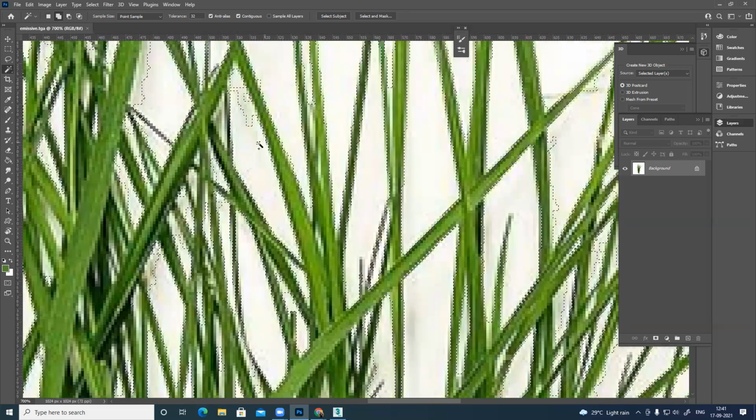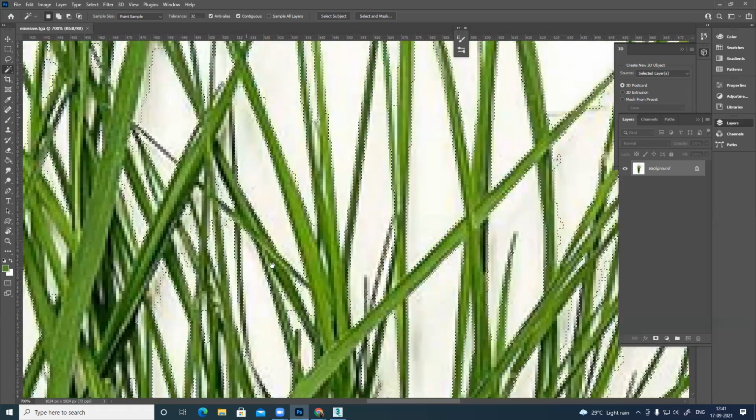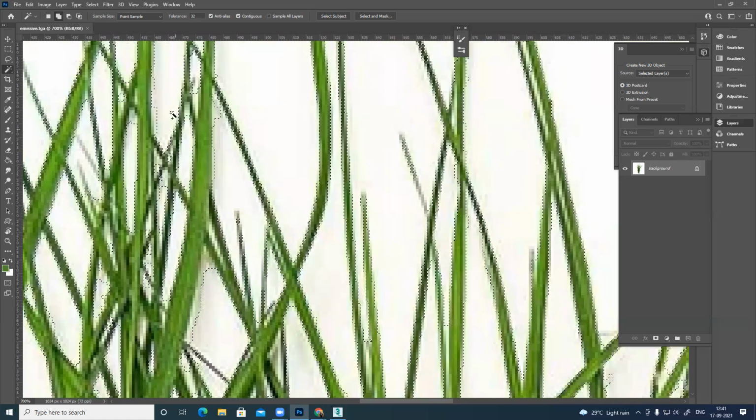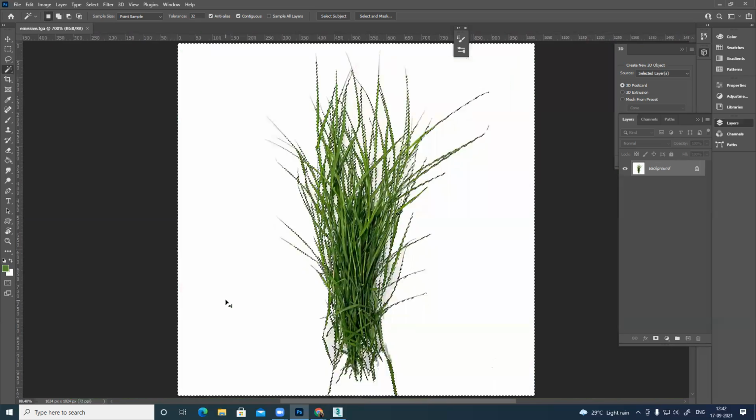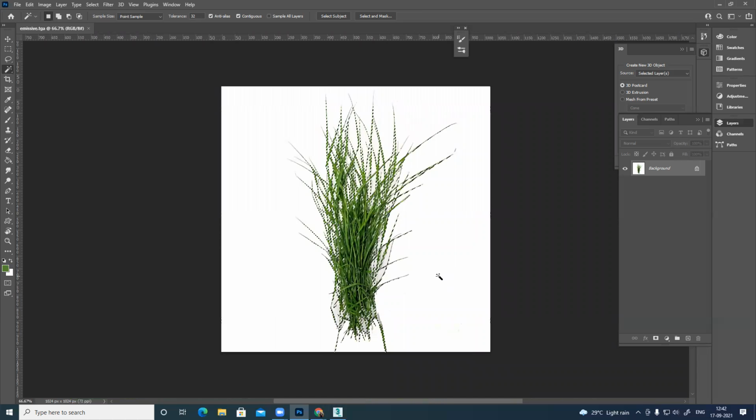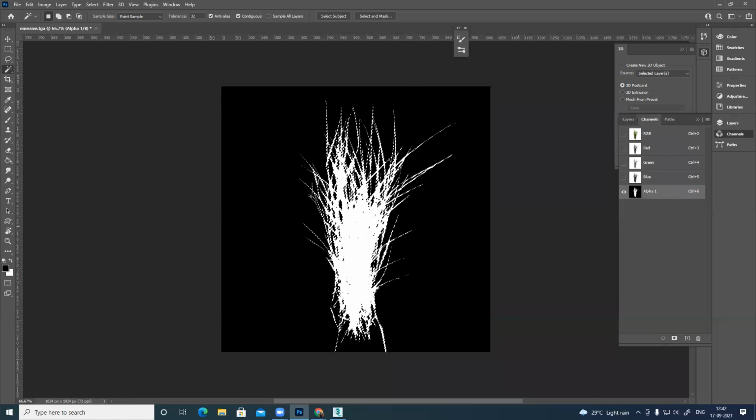Yeah, that's too much work, right? Too much work. So I'm showing you a shortcut. This works for this thing. What I'll do is I'll select all this thing randomly, and a few areas are not that clean or whatever it is. Select this, and I can go to channels. Selection is there already. Click on plus, sorry, this, it will automatically create the mask. Whatever is selected, that part is visible, rest is not visible. You can see it here. Now, alpha is ready.